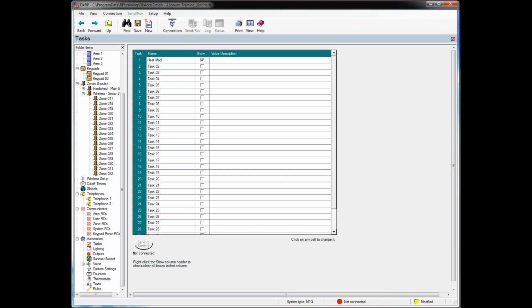heat mode. And the show option here allows the name to display on the Elk keypads under a special menu, as well as our third-party apps and M1 to go, so that you can see that name under the task drop-down. The voice description, you can assign a 6-word phrase to the task, so that can be used through the